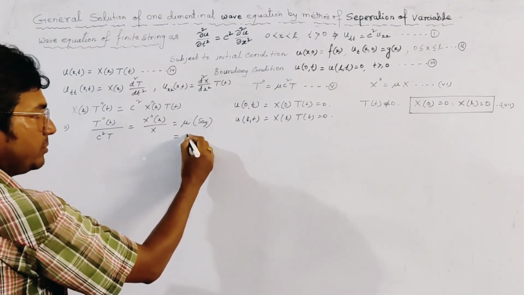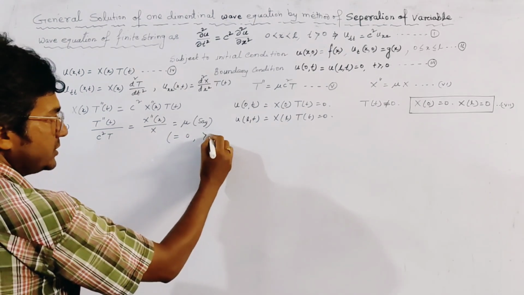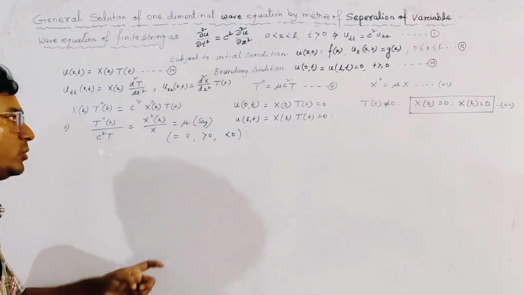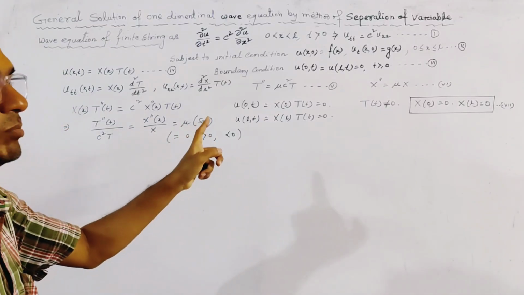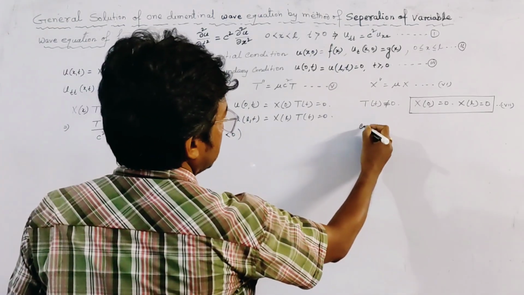First of all, mu may be 0, in the second case it may be greater than 0, and in the last case it may be less than 0. Now we discuss these 3 cases one by one. Case 1,